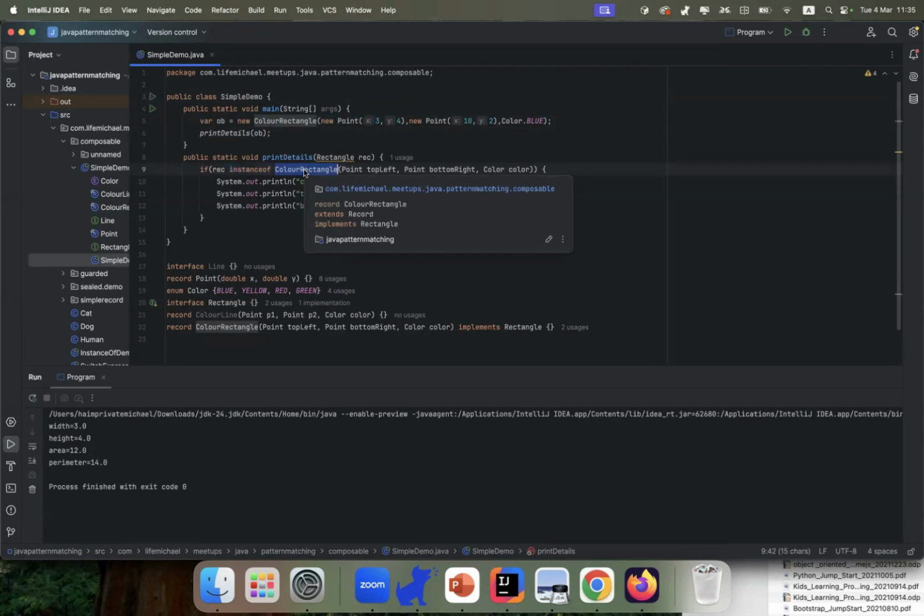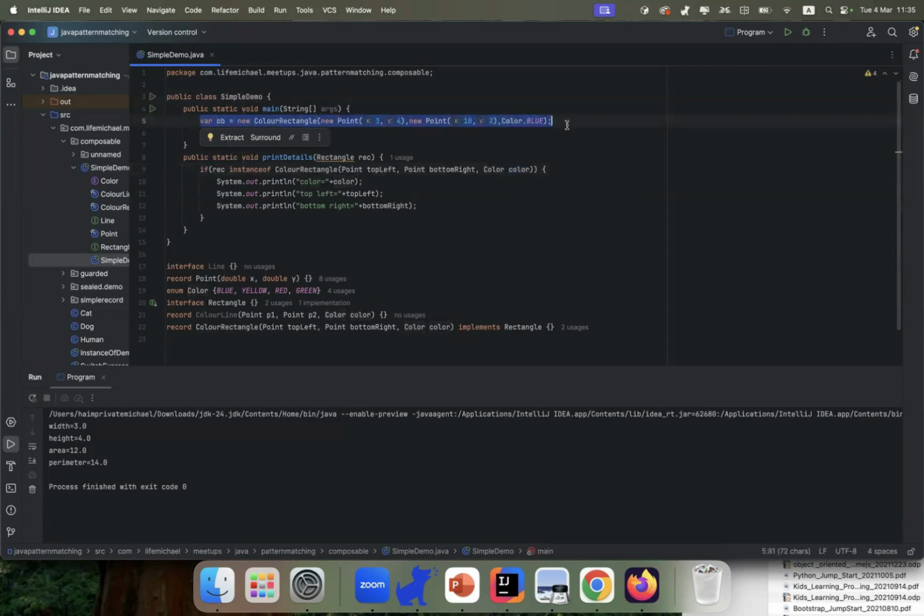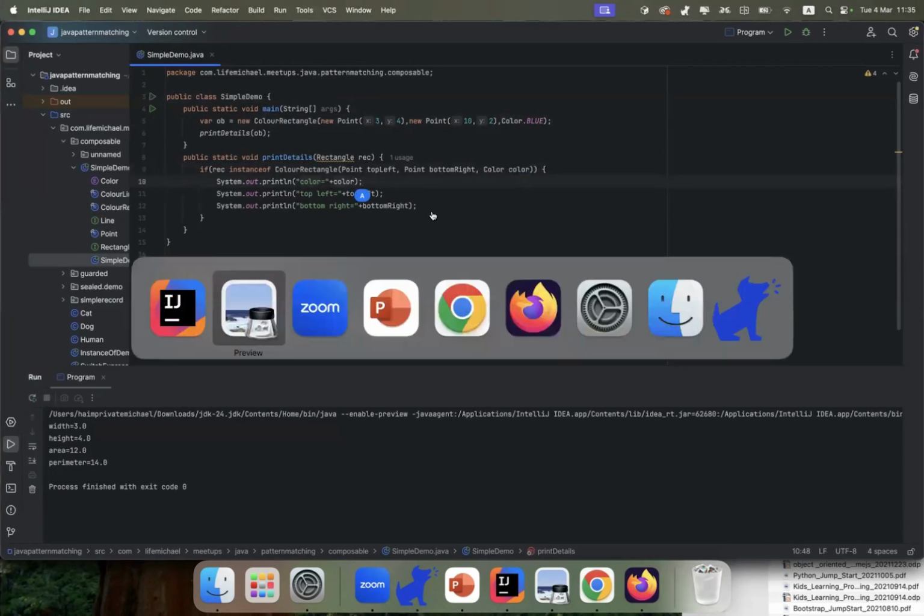And if this is the case, then topLeft, bottomRight, and color, these 3 variables are assigned with the references for those 3 objects in use. Those 3 objects that the object we created over here used. And then we can use those variables and print out the data of the objects or do something else. Very simple to handle. So back to the slides.